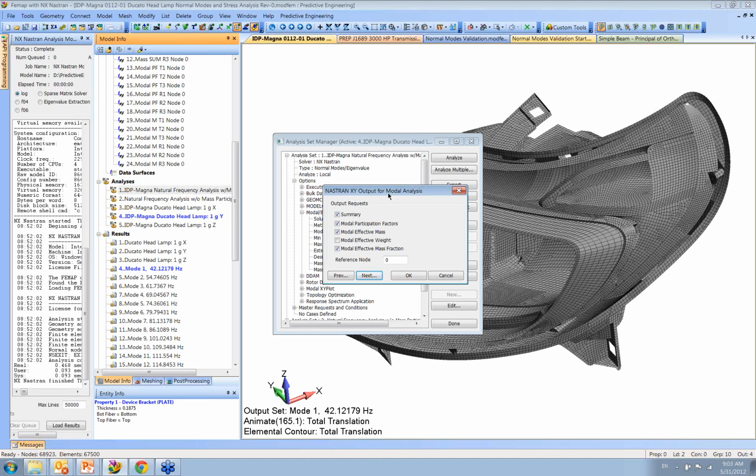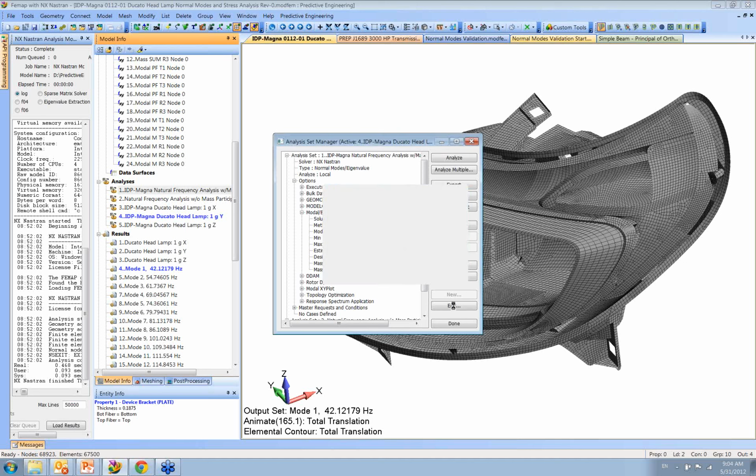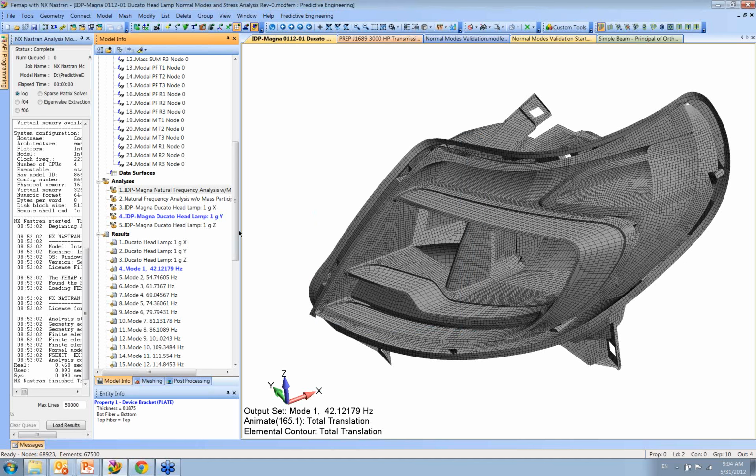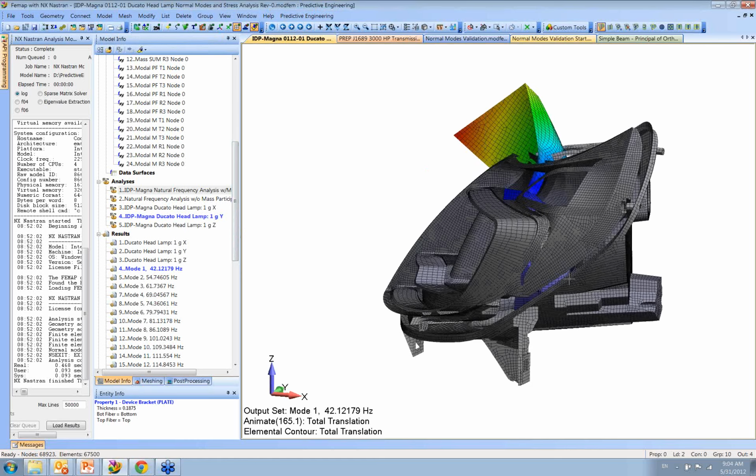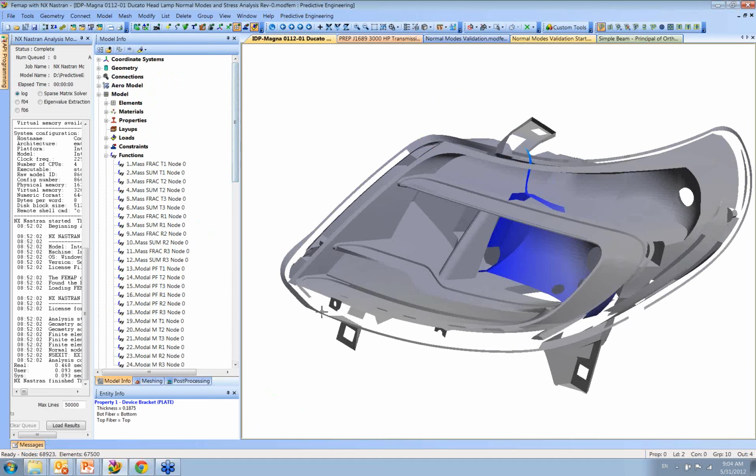The reason I'm saying energy is because the mass determines how much energy is in the structure moving in that direction. When you think about damage to structures, it's the amount of mass associated with that frequency that's going to cause the damage. It's the amount of force. F equals ma. In natural frequency or normal analysis, it's the mass that kills you. So this is why it's useful looking at where mass is associated. In this structure, if you look at the z direction, vertical, being shaken up and down, that's one of the really important ones on the shaker table.